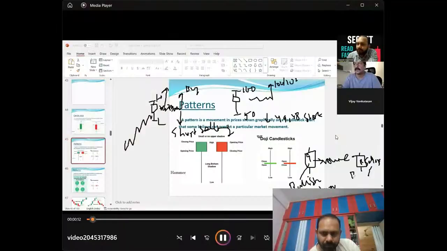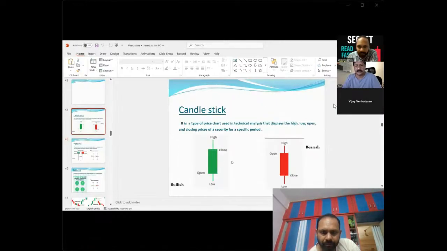Okay, so this candle, if the candle color is green, it is called as bullish Marabuzo. If the candle color is red, it is called as bearish Marabuzo. Okay. I'll show you this sample. I have some samples. I'll show you. See these candles.